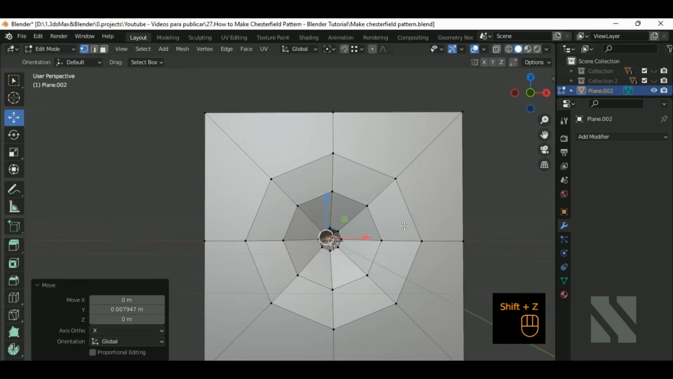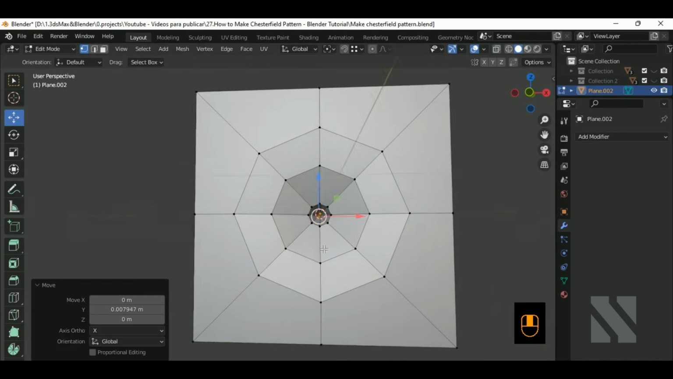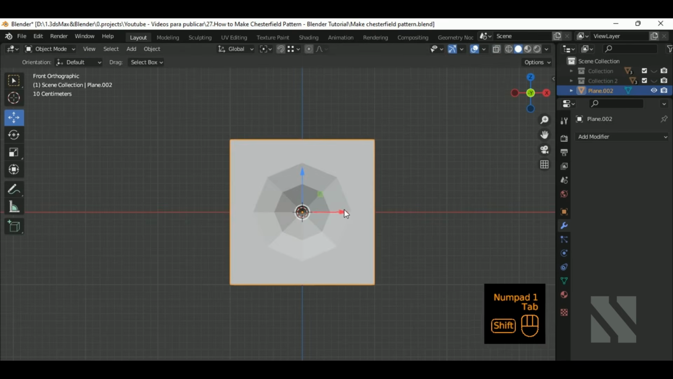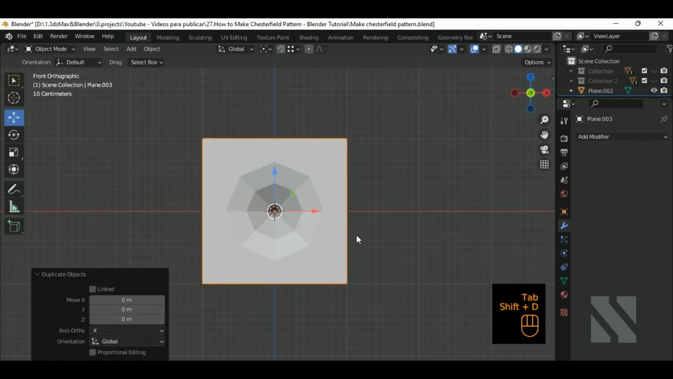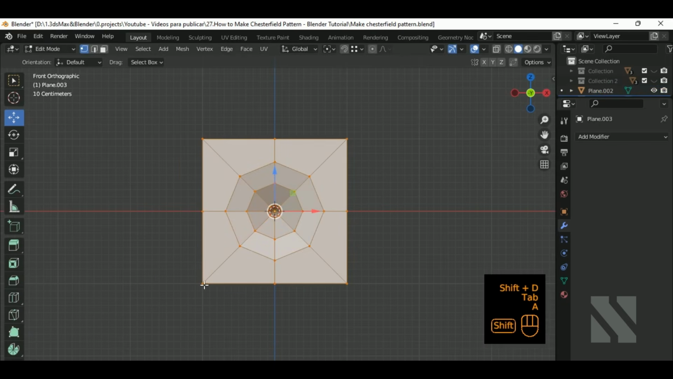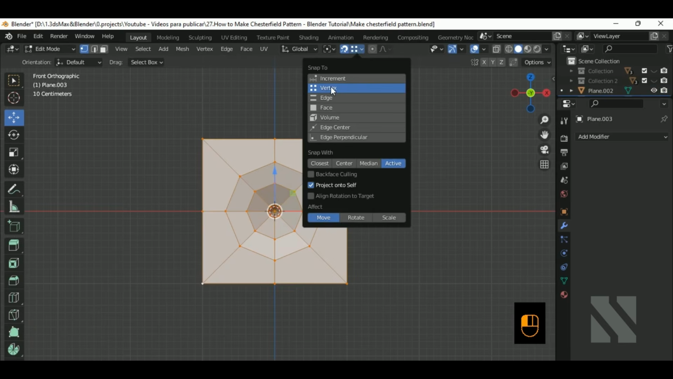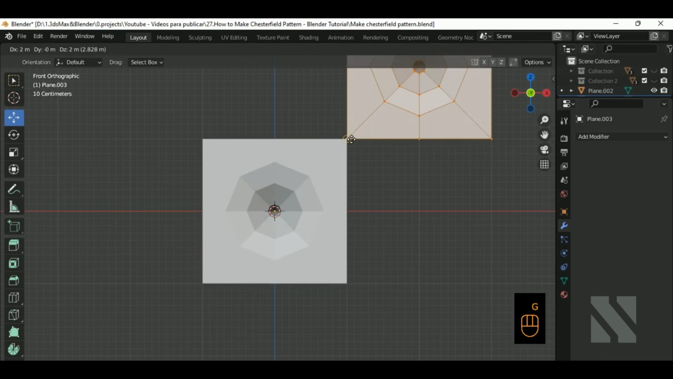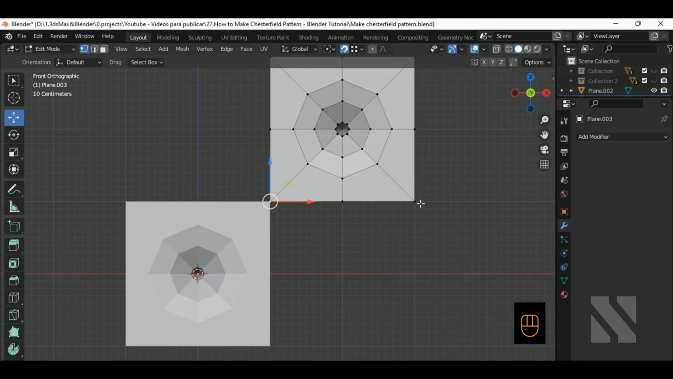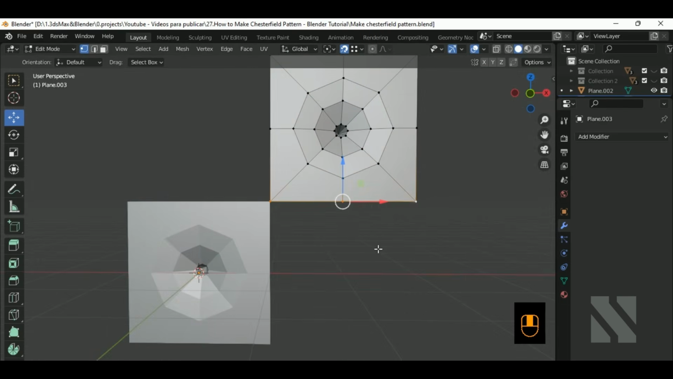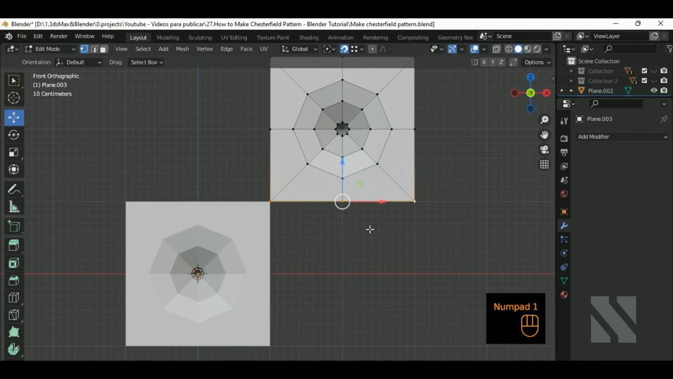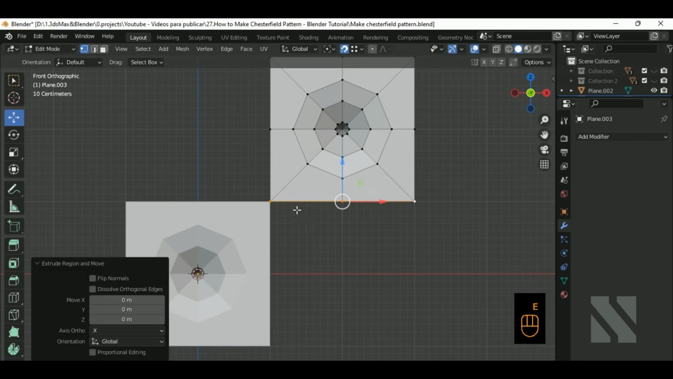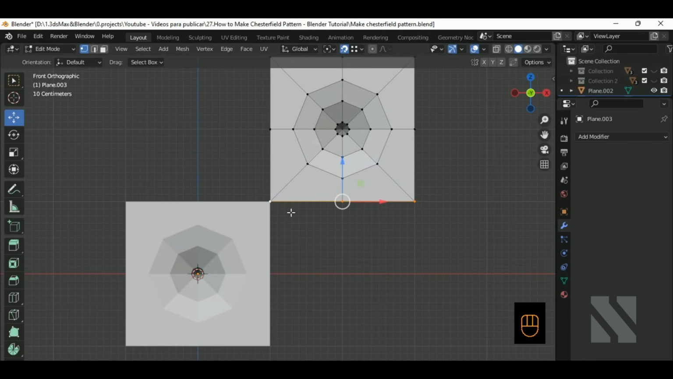Okay. Now I'm going to duplicate this, Shift T, select this last vertex. We're going to use the snap tool with vertex and active. G, bring this up, select these three vertices. E to extrude, select this must be the active, G,